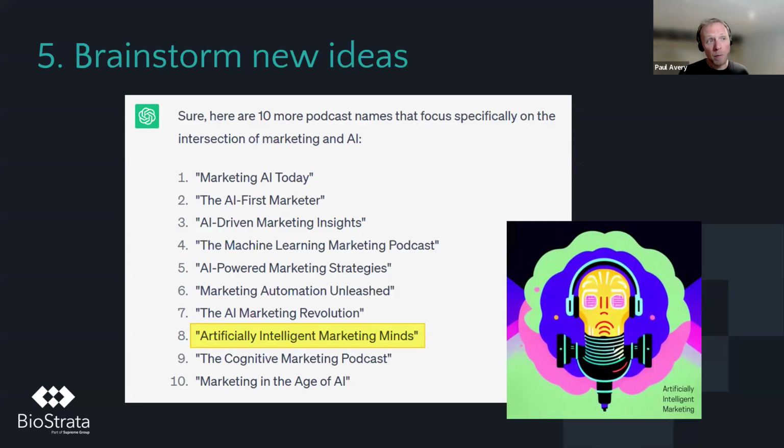So we used AI to come up with a name. And I really love this example because it's a great idea of where I think AI is for creativity at the moment, which is it says some interesting things, but it's not quite there. Artificially Intelligent Marketing is already a bit of a mouthful. You do not need the word minds on the end. But it gave Martin and I enough of an idea to go, do we want the AIM podcast? Would that be pretty cool? Yeah, okay, that will work.